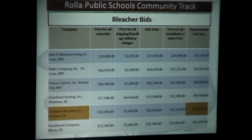Each bid had to be broken down into cost just in case we weren't going to have them do the installation. The recommendation tonight is for the Southern Bleacher Company. We did check references. They have done work in Missouri. They're from Texas, but they did Francis Howell and a project at Washington, which our architect had both of those jobs, so Mark could give us feedback on this company, as well as I contacted the assistant superintendent at Washington, and